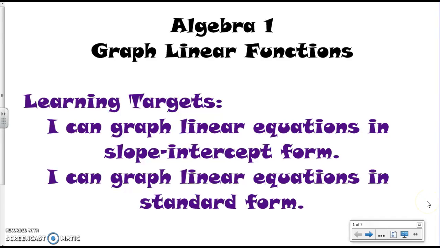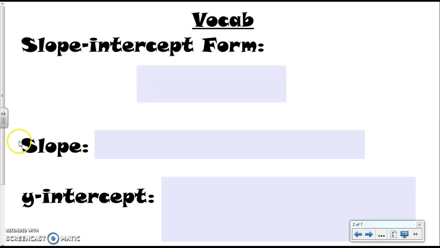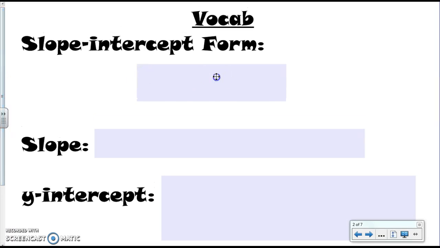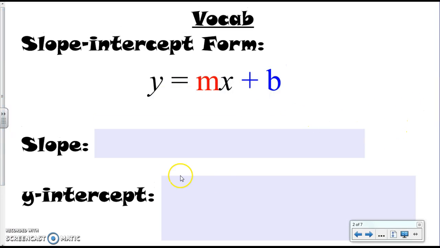Today we're going to talk about, or review, how to graph linear equations, or equations in slope-intercept and standard form. We're going to start with slope-intercept form, so you have some vocab terms here. You can fill in some definitions. So slope-intercept form is the form y equals mx plus b, where slope is the rise over run,